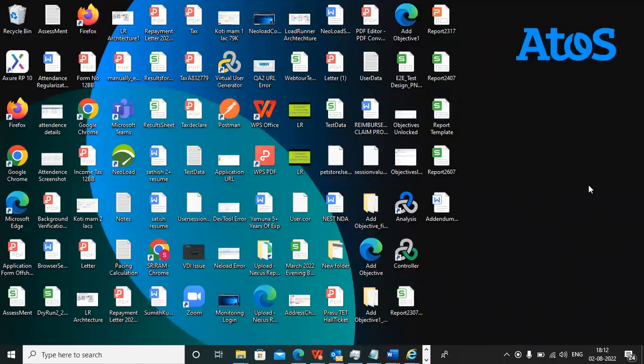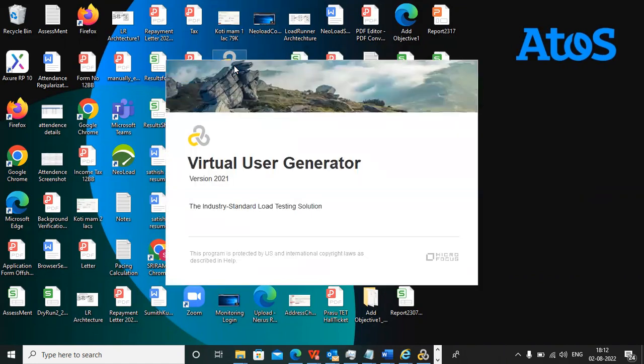Once the installation is completed on your system and you want to start recording, we need some prerequisites. So I will explain what the prerequisites are. First, you need to open the Virtual User Generator. This is the Virtual User Generator. Just open that, and automatically it will open, and we are able to see